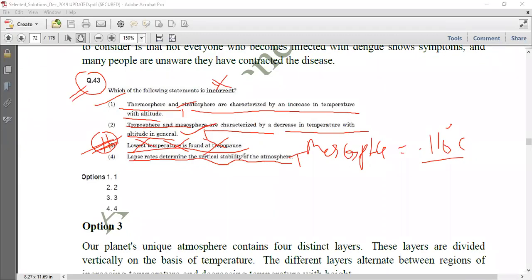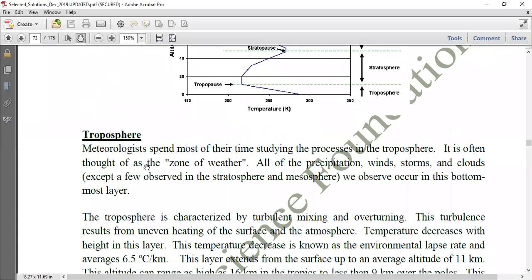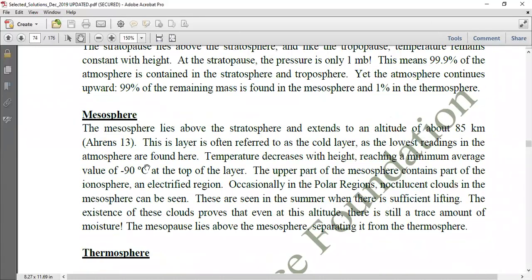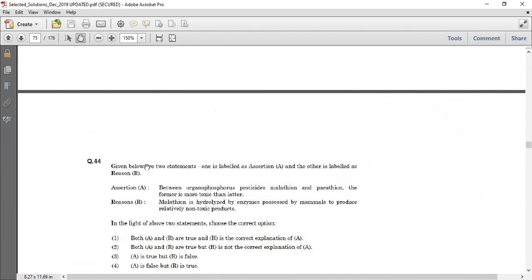Is it clear to everyone? So in this question, it's the third which is the correct answer. Is it clear to everyone? Okay. Yeah, mesosphere is having the lowest temperature. Hope it is clear to all the participants. Now let's move to the next question, and all the explanation we have given. Now let's move to question number 44.